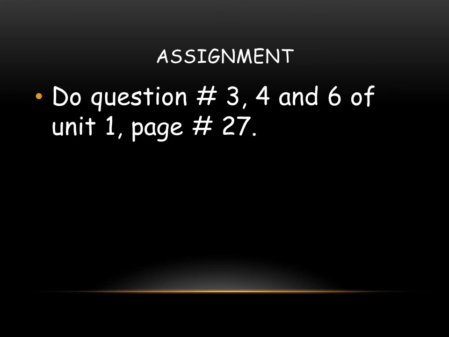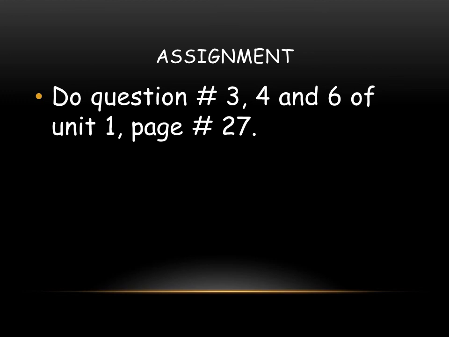Then question number 4 is, if Balochistan is developed, it can feed the whole of Pakistan. Now this is a statement, just a suggestion that if Balochistan is developed, it can feed the whole of Pakistan. Now you have to give 5 reasons in favor or against this statement. This is up to you. If you want to write in favor of this statement, or if you want to write against this statement, this is your choice, but you have to give at least 5 reasons.